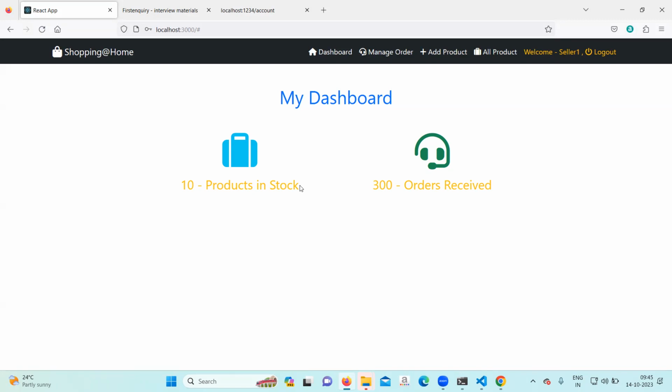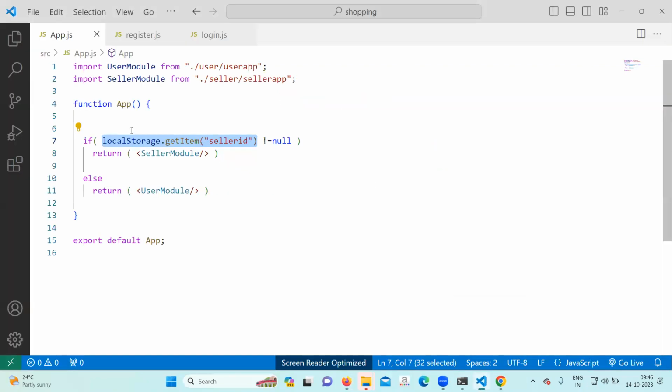Okay, first we'll complete the logout part. Login, logout. How many products are coming is the next matter. First we need to check whether login and logout are happening or not. Okay, so next, come to the